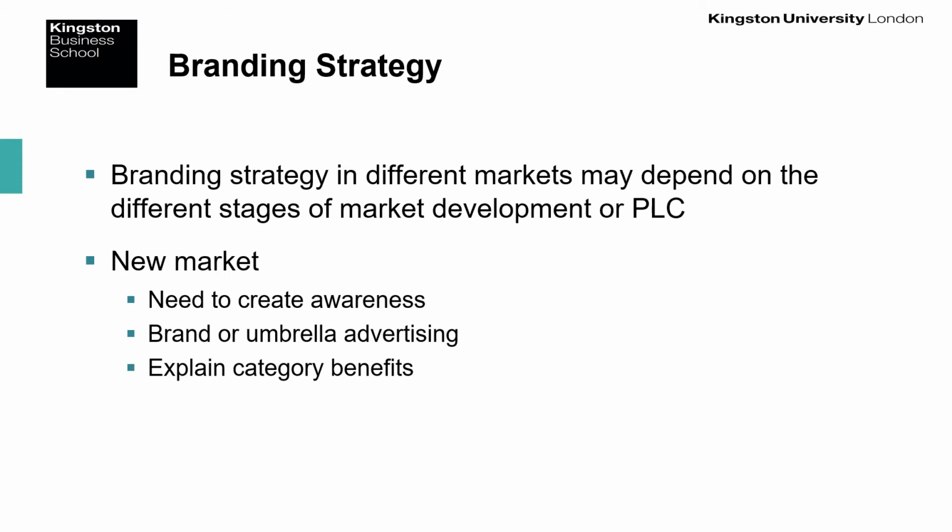So in new markets, there's a need to create awareness from scratch, to build brand salience from the bottom up. So there might be a need to do a great deal of advertising for the brand or the umbrella brand, or the products under the brand name if it's an umbrella brand, to simply build depth and breadth of salience so that customers in this new market start to become aware of the brand name, start to become aware of what the brand is. And also, it may be necessary in this basic new market advertising, fundamental starting point advertising, to explain the benefits of the whole product category, why you would drink a beer called stout, what's in it for you, what does it taste like, what does it do, etc. So that